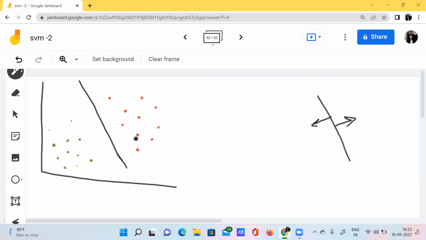Which are the data points which have the least perpendicular distance? I found out that this is one such data point which has the minimum perpendicular distance. This is also a data point having the same minimum distance, and this is also a data point having minimum distance.